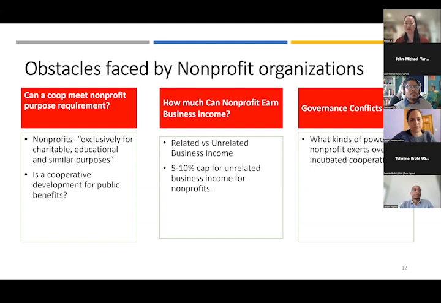And some people said it can go up to 15 to 30%. But whatever that is, we always have to be very, very careful, right? We have a lot of ideas to incubate different co-ops, but we always face these problems of limitations and governance conflict as well. Again, what kind of powers can the nonprofit actually exert over its incubated cooperative? Obviously, our job is to help develop the leadership, but again, there is some confusion over governance